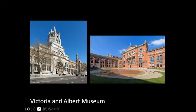We now go from East London across to South Kensington, and we're going to start in the South Kensington area with the Victoria and Albert Museum. And here we see the entrance to the museum, which is a museum of applied and decorative art and design, housing over 2.2 million objects. It was founded in 1852 and named after Queen Victoria and Prince Albert. And the V&A is located in Kensington, in an area commonly known as Albertopolis, because of all its associations with